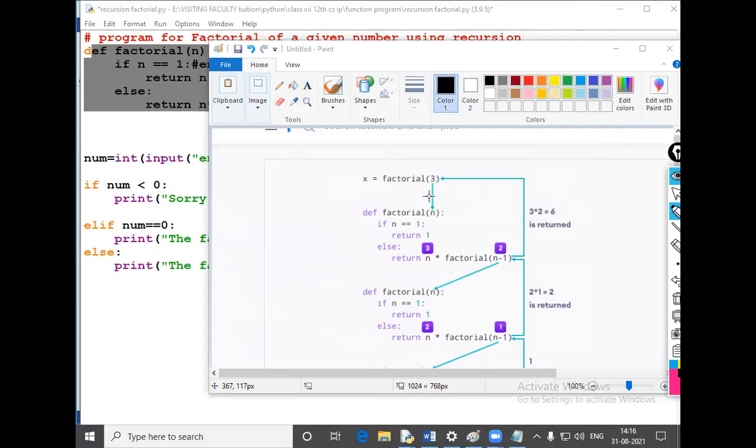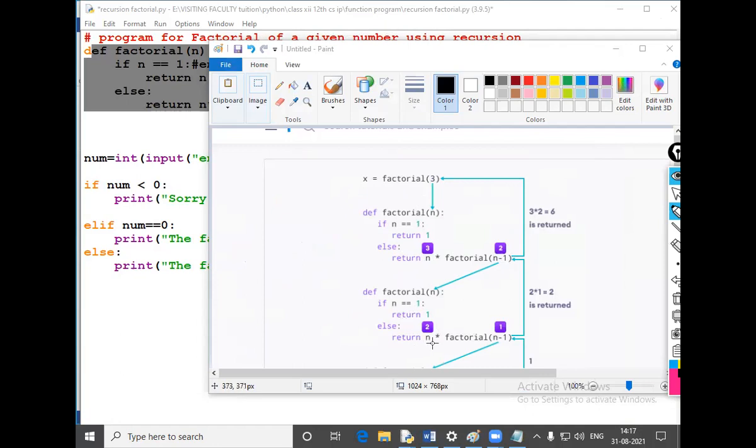Suppose I have given 3. Now factorial of 3: is n equal to 1? No, so else return n into factorial of n minus 1. So 3 into factorial of 2, because we have given n minus 1. Clear? Now again 2 will be passed. Again the function is calling. Is n equal to 1?